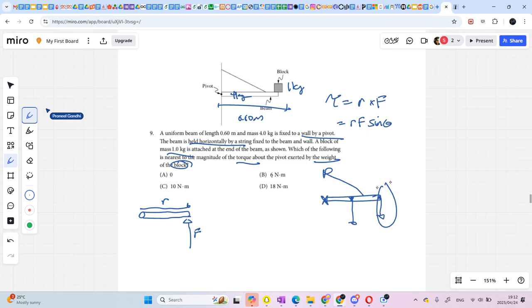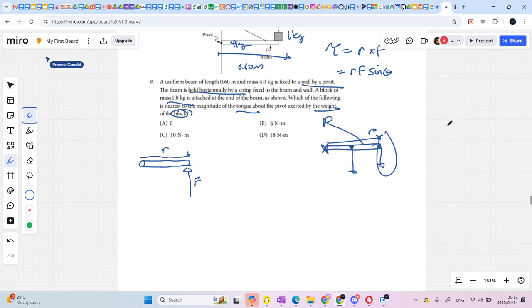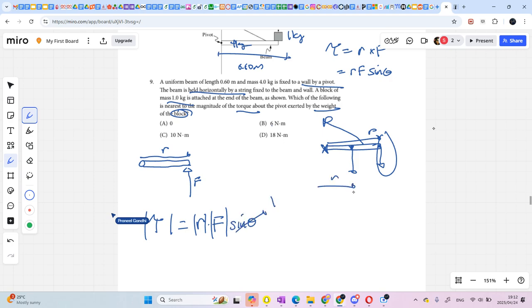So because we're completely horizontal, this R right here is horizontal, and the F is vertical. So R and F are orthogonal to each other. What that means is sine theta is just going to be 1. So the magnitude of the torque is just going to be equal to R times F, because sine theta, in this case, is just going to be equal to 1, because R and F are orthogonal to each other,